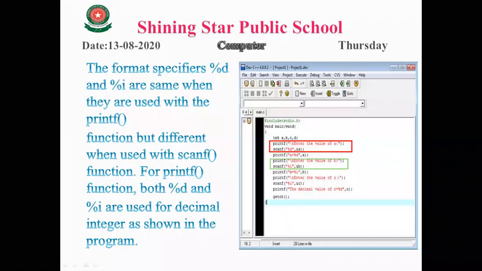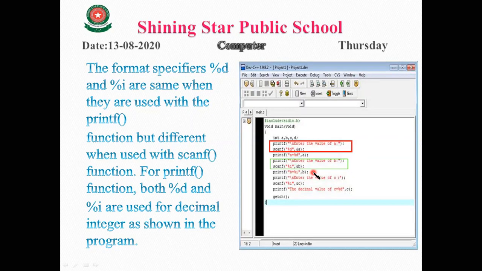The first line represents the enter the value of b, so it will display the message on screen. So the user comes to know that now we have to enter the value. The second operation scanf is used for getting something from the user.